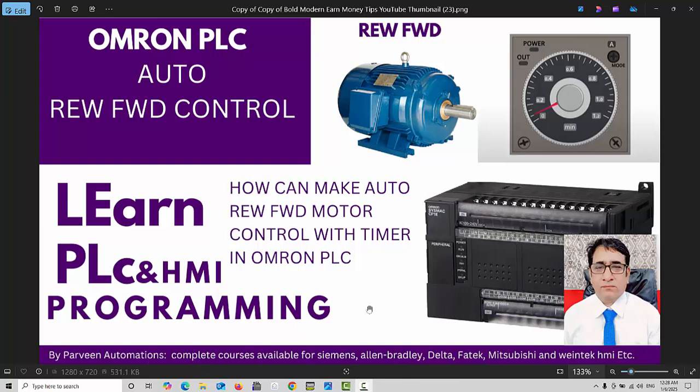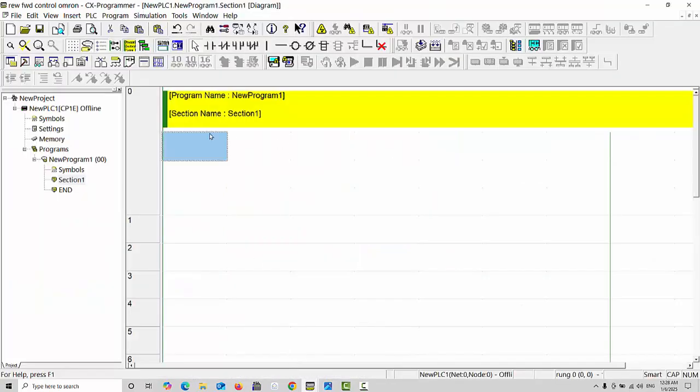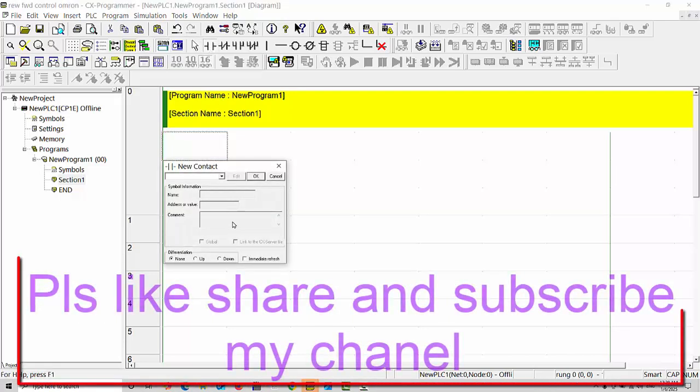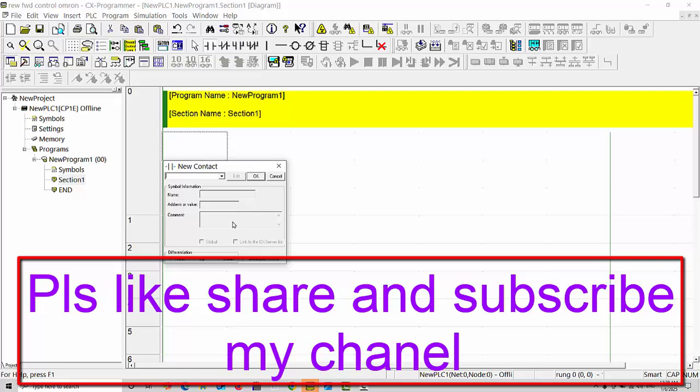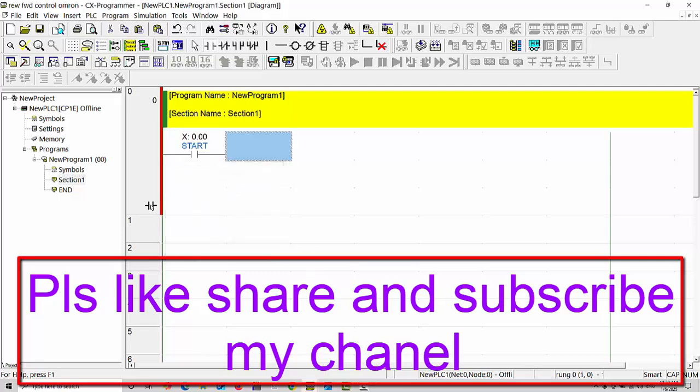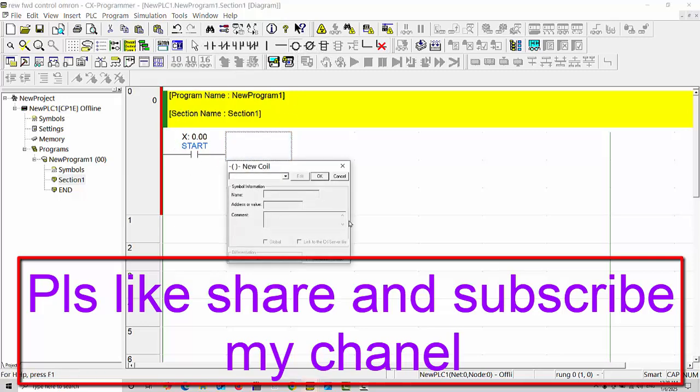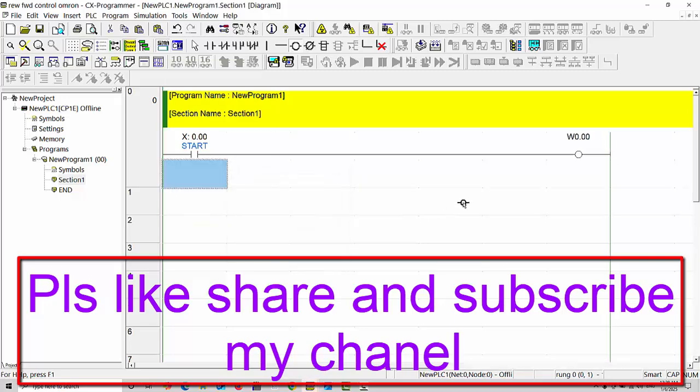So let's get started. First of all, I will open my CX Programmer software, and here we will start. We take one input address, for example 0.0, as the start execution of the program, and next we will take one internal memory relay, for example W0, and make it on